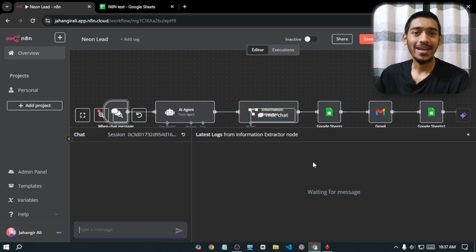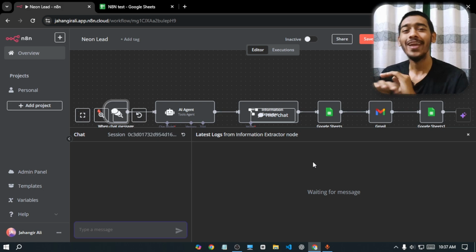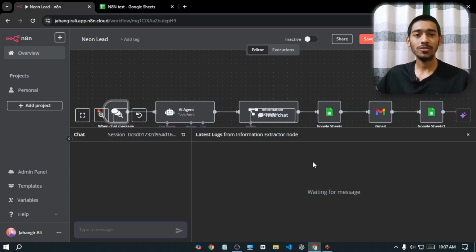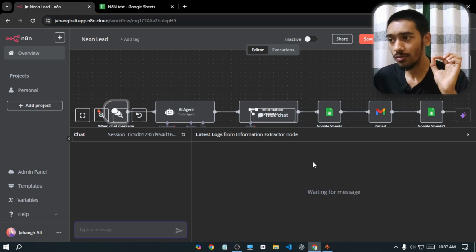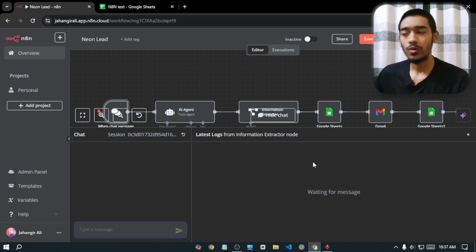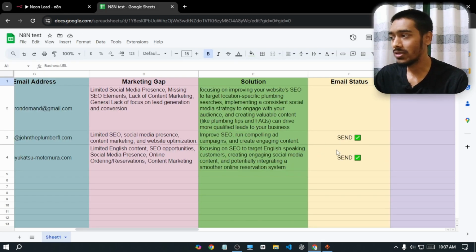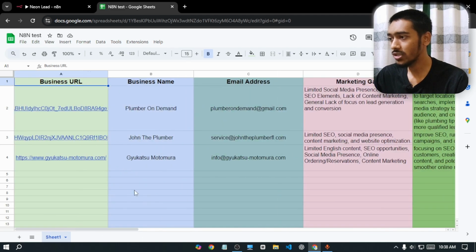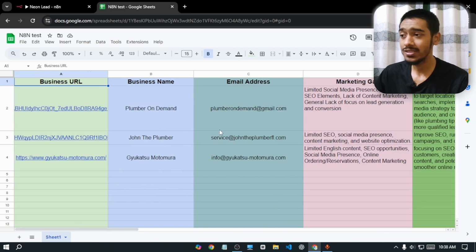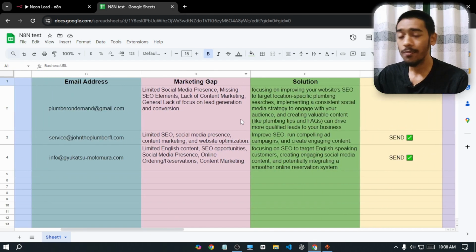If I just click on open chat and give the URL of any business website, even one that's not related to the business, it will extract the name of the business, the email address also, and it will give you a marketing gap, meaning what kind of things this business needs right now. It will extract this information and update it on the spreadsheet,